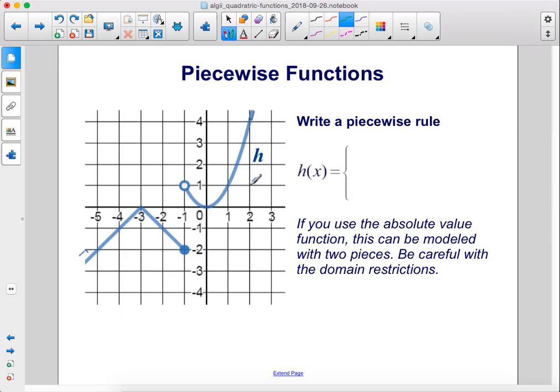Write a piecewise rule. So here we see an absolute value graph, and we see the graph of x squared. So if we start out with this one here, this is a negative absolute value graph that has been shifted to the left 3 units. So the parent graph of absolute value is like this, like that. So we flipped it upside down, so we add the negative sign, and then we've moved the vertex over 3, so we'll have x plus 3, because remember it's x minus h. So if we have plus 3, we move to the left 3 units,